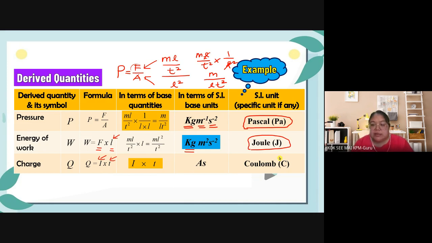So this one is the specific unit. Okay, we got so many. Make sure you complete your table. Next time you want to find the formula, you can refer here. Okay, so we go to the simple formula first. 有问题吗？没问题，我要 start example 了。